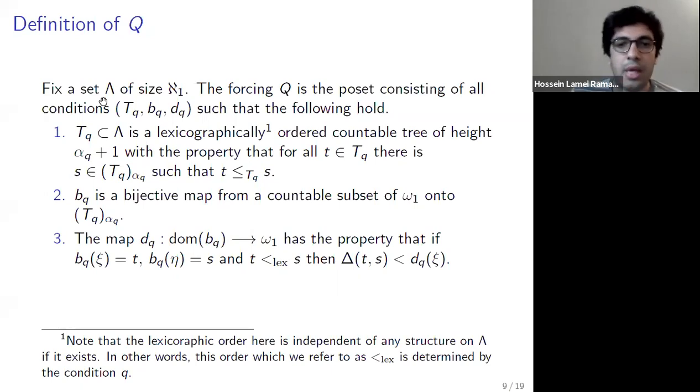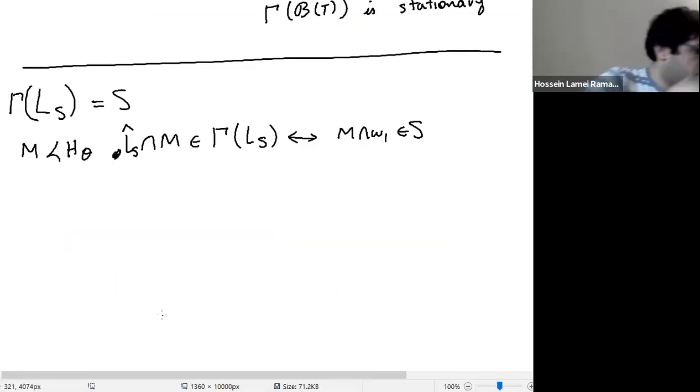For every element on the top level, we are going to have some alpha from the domain of BQ, which is mapped to that top level. DQ is going to associate another ordinal in omega 1 to that ordinal, which is going to take care of branching to the right. After that alpha, we don't want the alphath branch to have other branches which are branching to the right. So maybe it is better to draw the picture.